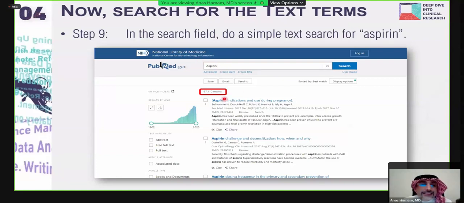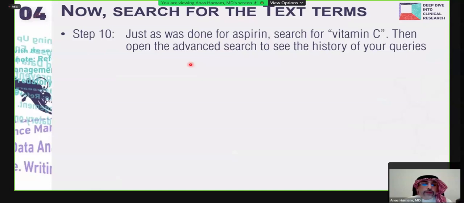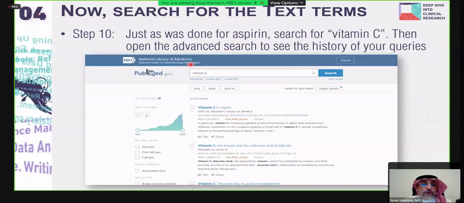And lo and behold, there are 67,110 articles on aspirin from 1902 all the way to 2020. So all of them. So I've just done the search on aspirin, and then you erase and you do the search on vitamin C. Same thing. So you erase aspirin and you put vitamin C and you search,